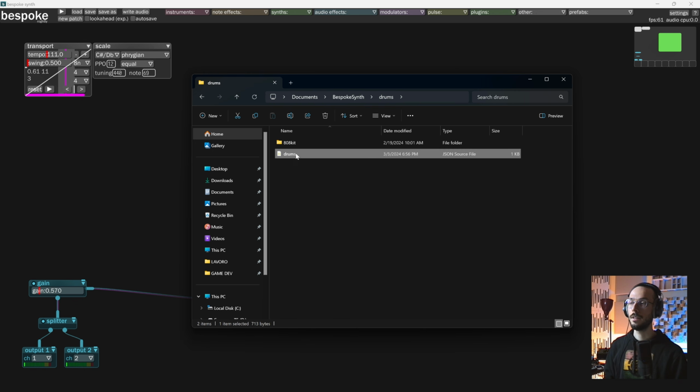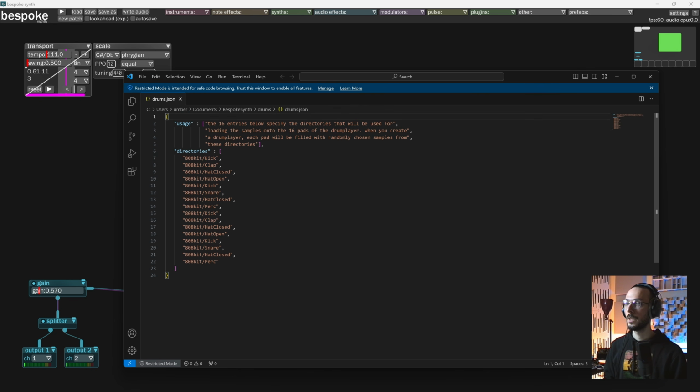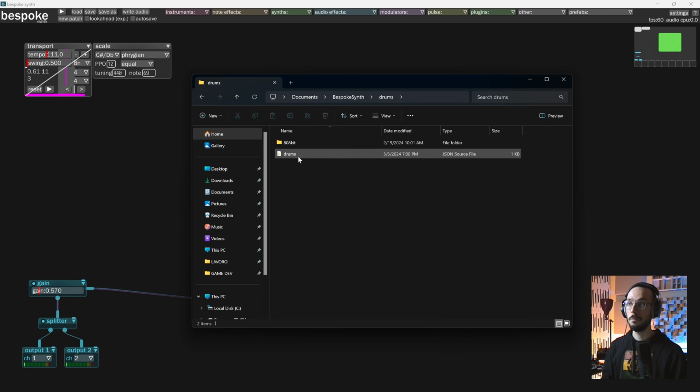We need to edit this drums file, which is a JSON file. You can use any text editor. I'm going to use VS Code. At the very end, under directories, you add a comma and you specify the name of your custom folder. So I'm going to create a folder like my kit. I save, and now within the same folder of this JSON file, you create a new folder with the same